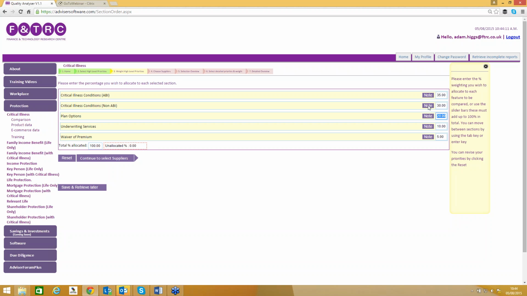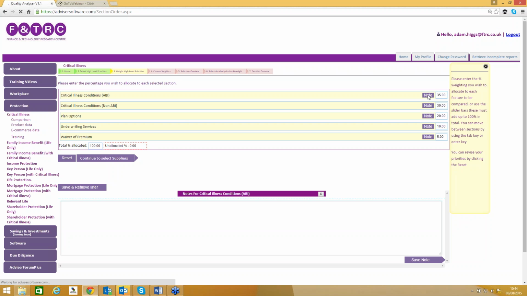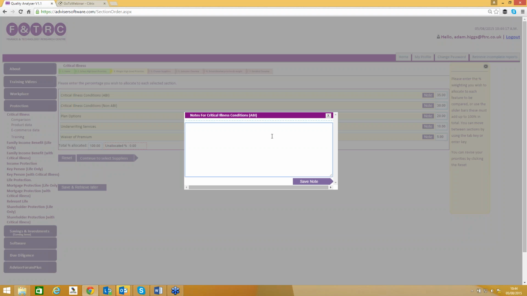Alongside the weightings, there is a notes capability. So what this allows you to do is basically type in any notes, which may be details of any discussions you've had with the clients or reasons why you've selected certain areas. That will then be pre-populated into the final reports and will give you an added audit trail of the process you've gone through when selecting areas and the reasons why. So if I add a note,